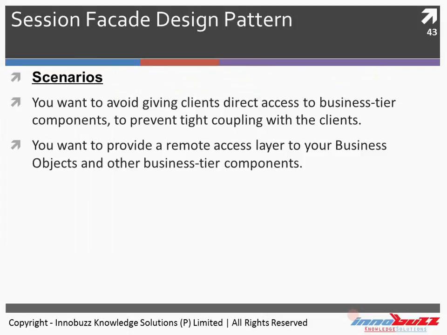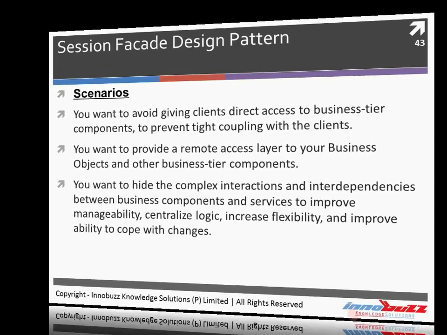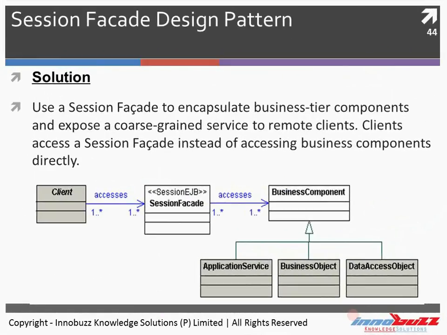So you want to provide a remote access layer to your business objects and other business tier components. You want to hide the complex interactions and interdependency between business components and services to improve manageability, centralize logic, increase flexibility, and improve the ability to cope with changes. So these scenarios should be kept in mind to consider the proper design pattern. So let's see the solution of it. Solution is to use